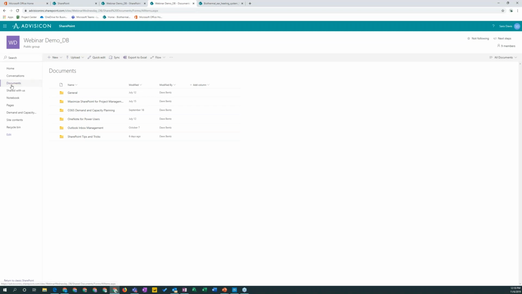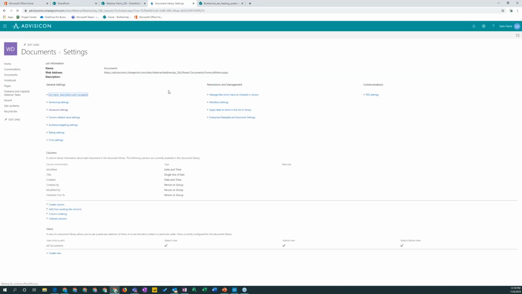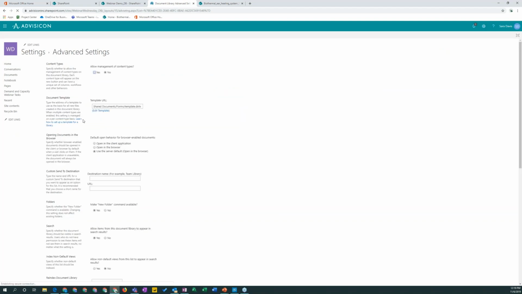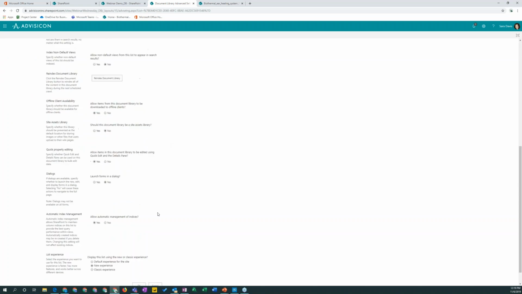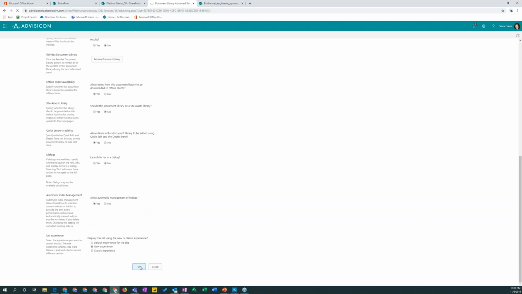Well, if I navigate to the document library in this SharePoint site, and over on the right-hand side here, we can see there's a gear right up next to the name for settings. If I go to library settings, and then over on the left column here, under advanced settings, there's a fun little option that just says open in the client application. And so now when I click that option and scroll down and click OK,